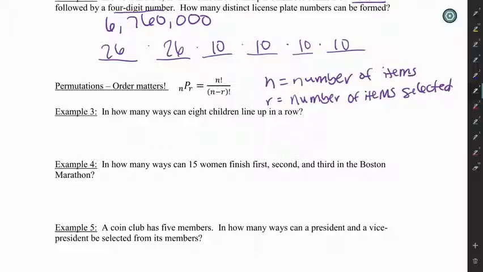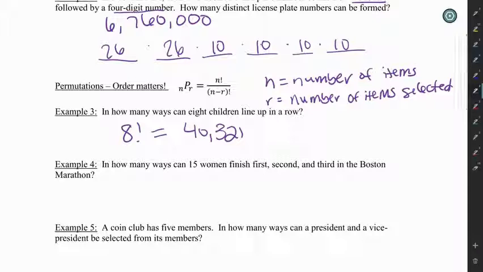Number 3, in how many ways can 8 children line up in a row? Well, we can use our same method that we did before and just list them all out, 8 times 7 times 6, and so on and so forth. But if we're going to keep going all the way down the line, what we can do is 8 factorial. So 8 factorial means 8 times 7 times 6 times 5 times 4 times 3 times 2 times 1. When we type that in the calculator, our answer is